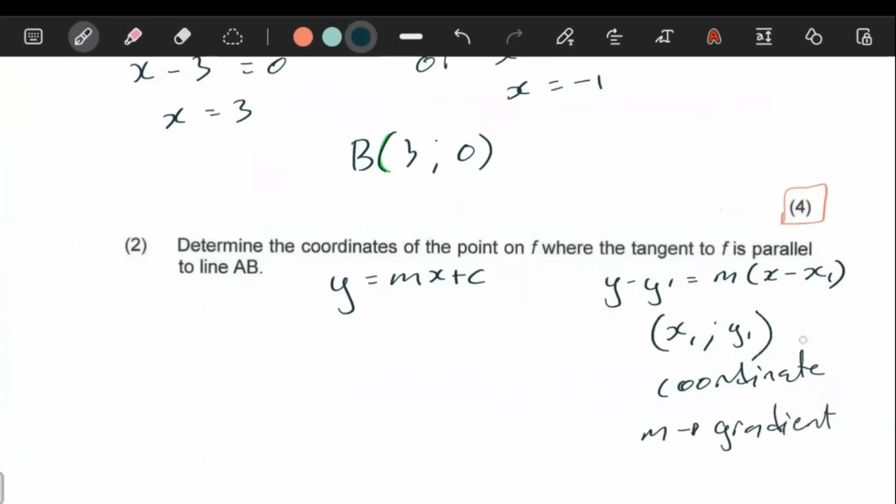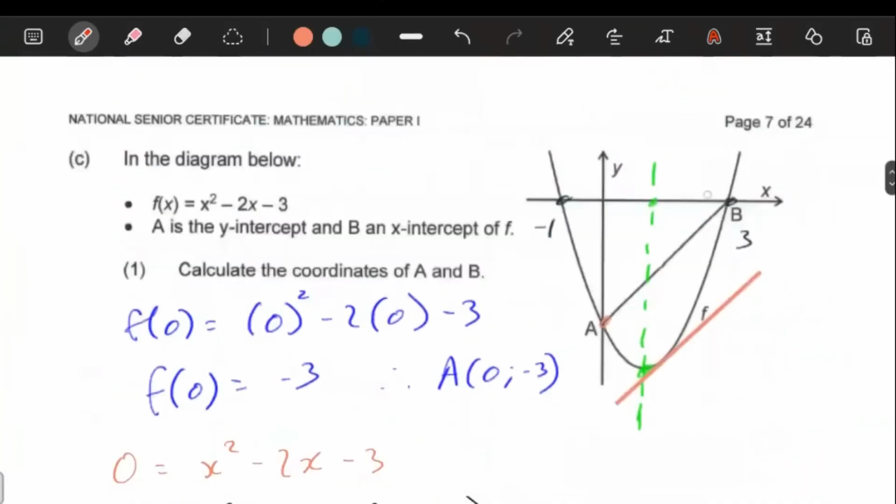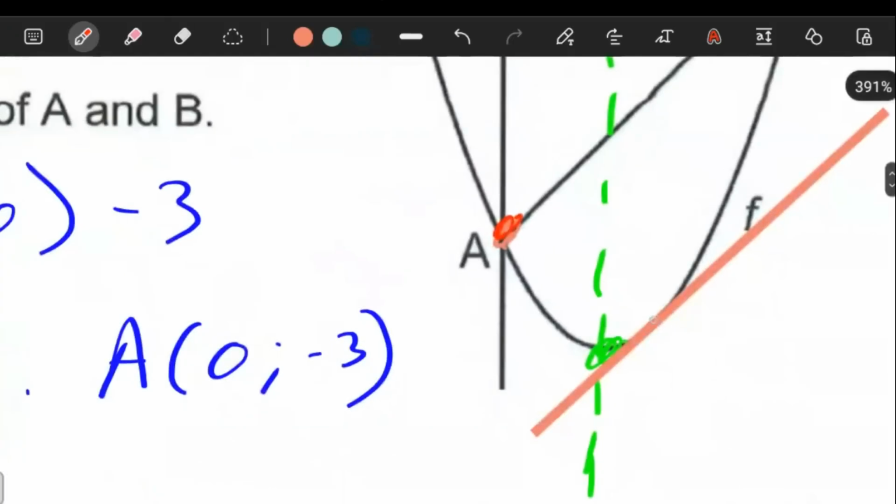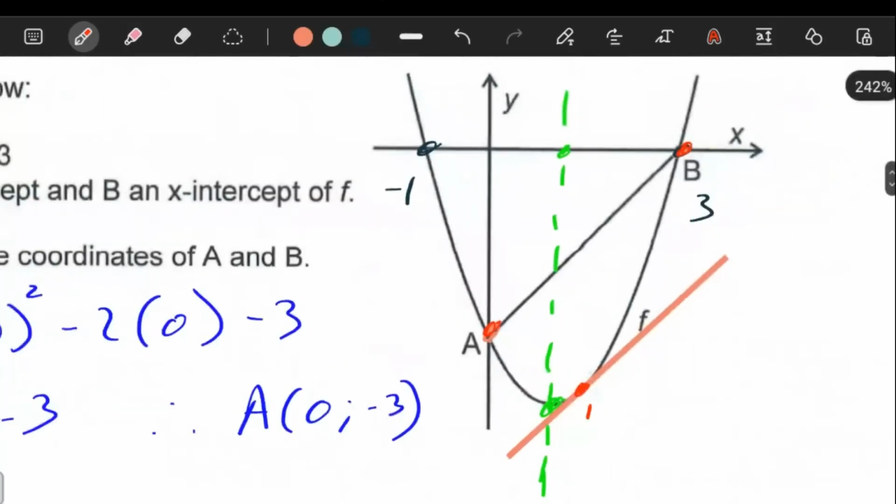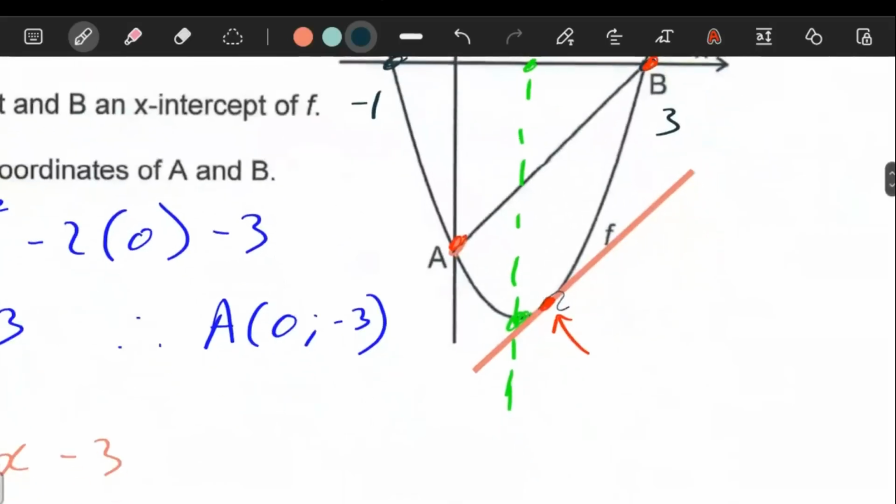Now, the reason why they have told you that this line is parallel to AB is because you can get your gradient from AB. And once you get your gradient from AB, you obviously need a coordinate that the graph passes through. Getting that coordinate, you need to be creative. You can see that this point is a point on the curve. You can get it by using the gradient of your tangent. Because remember, a tangent,